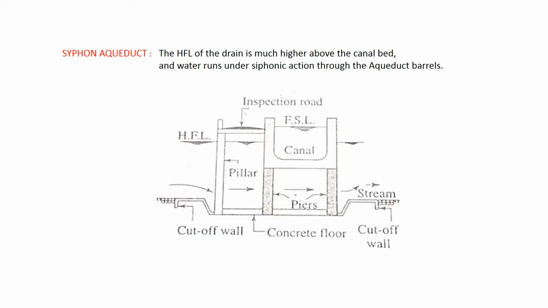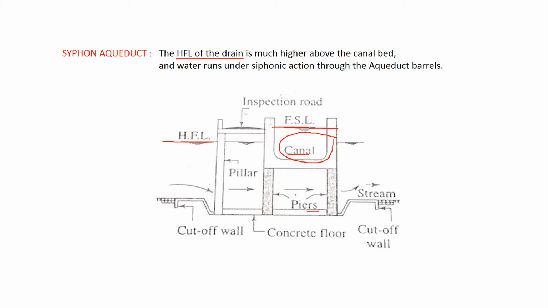Now the next one is the siphon aqueduct. As per definition, here the high flood level of the drain is much higher above the canal bed and the water runs under siphonic action through the aqueduct barrels. That is, this is the canal, this is the stream, here the stream is flowing, and we could see that the stream's flood level is this and that of the canal is this. So here it is a hydraulic structure in which the canal is taken over the drainage, but the drainage water